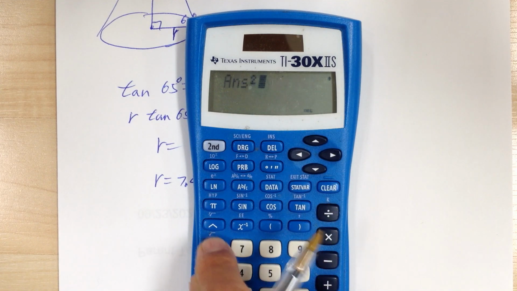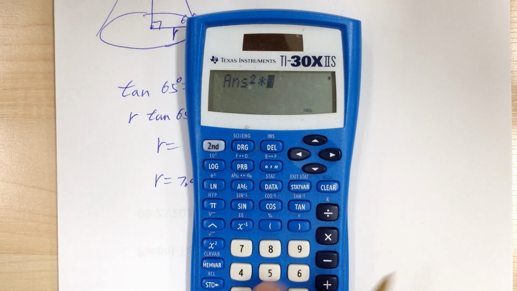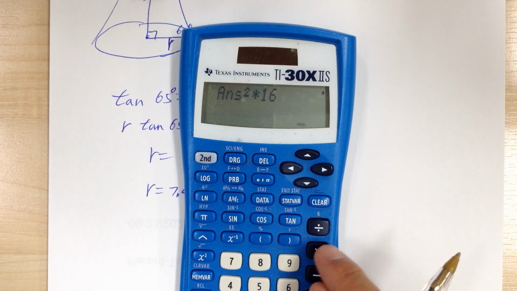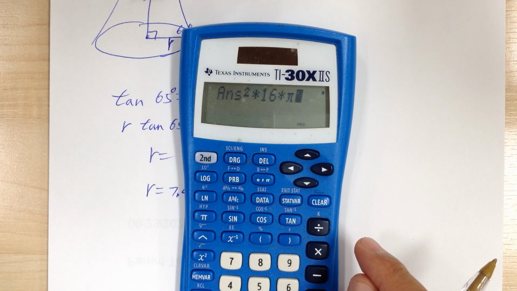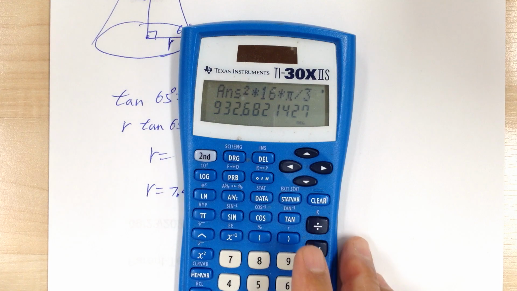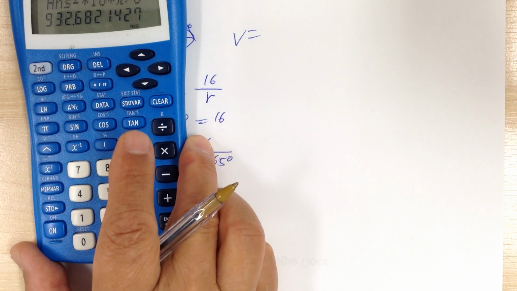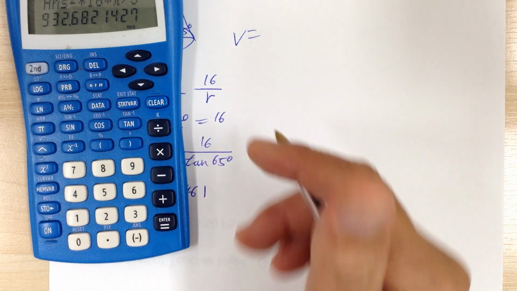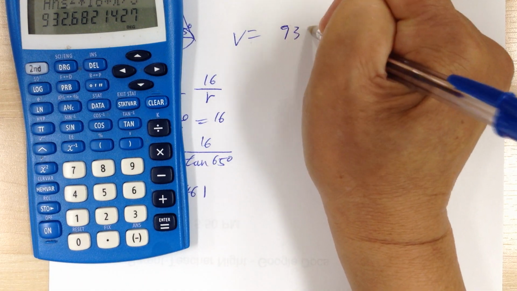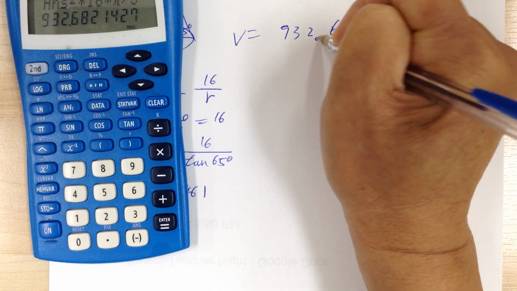So I'm going to square that, times by 16. Again, I'm using my finger to keep track. Then I'm going to multiply by pi, then divide by 3, and push equal. From here, I'm going to round it off to two decimal places. So the volume equals 932.68